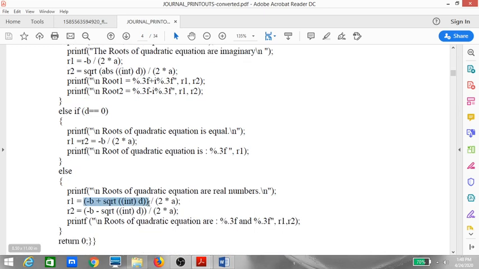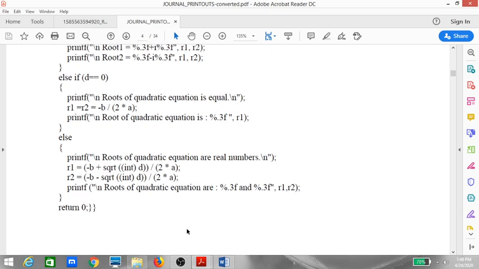We are keeping the numerator as it is, again square root of int of D divided by 2A. Here I am not taking absolute because I am very sure that the D value is positive. Here the D value was negative, that's why I had to include the ABS. Now here I am very sure that D value is positive. So first will be with plus value, the second will be with minus value, and then finally we print it.